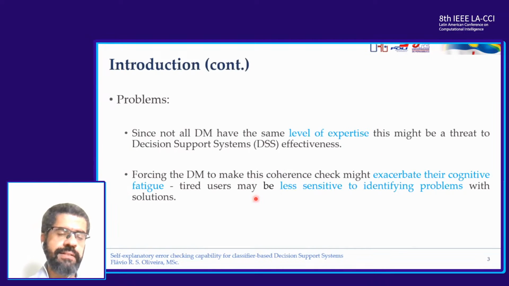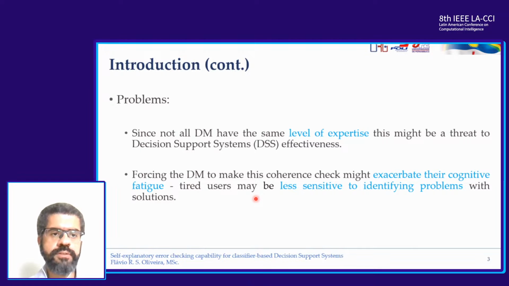And there are at least 2 main problems with this kind of approach. First, not all decision makers have the same level of expertise, so that this poses a threat to decision support effectiveness. For example, a decision maker with a low level of expertise, maybe starting his career, may have a hard time reading the explanation texts or even interpreting the graphs and having the feeling if a given inference